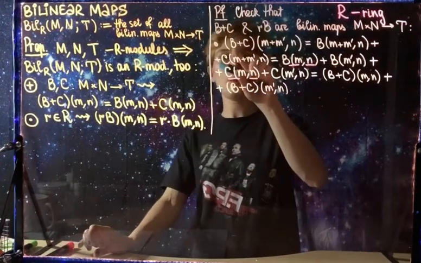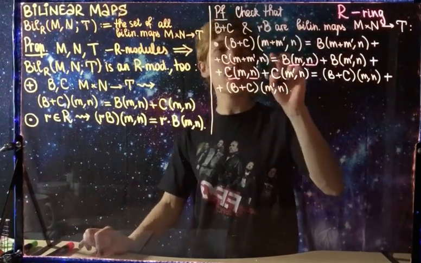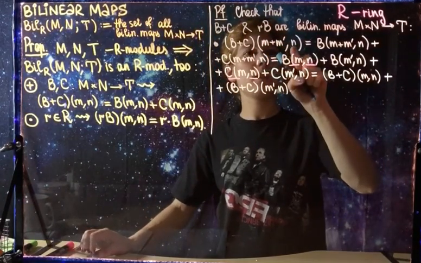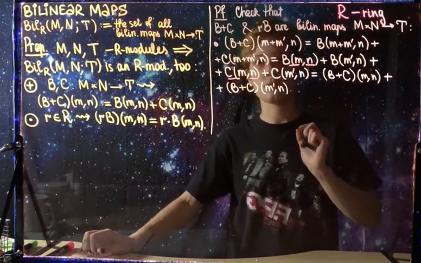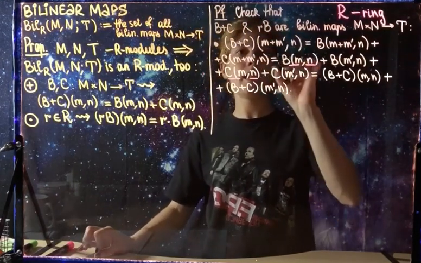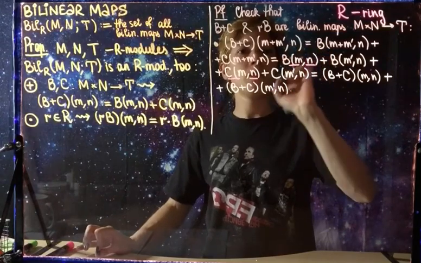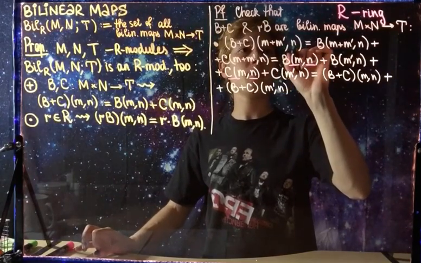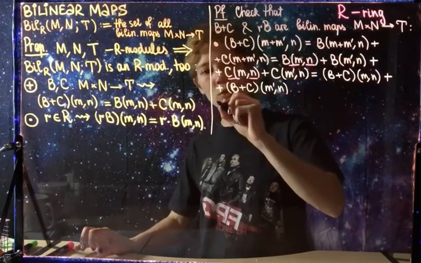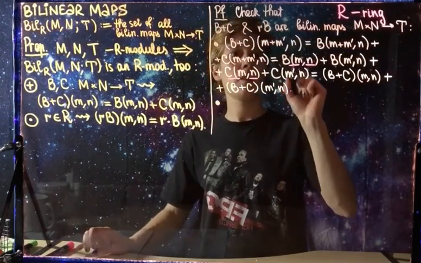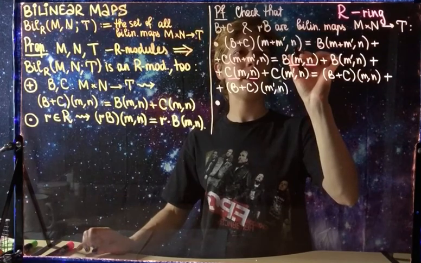And so we prove that B plus C is additive in the first entry if the second is fixed. And a similar check would prove the axiom for the second entry. So I will omit it because it is exactly the same, except for writing n as n plus n prime